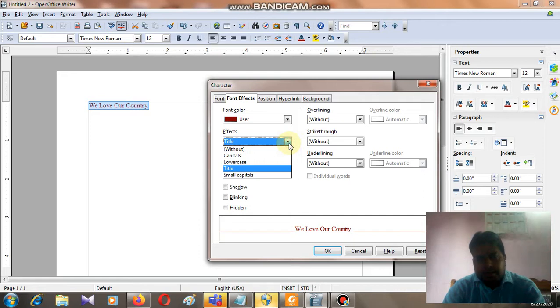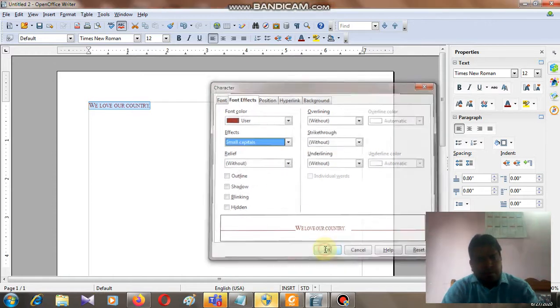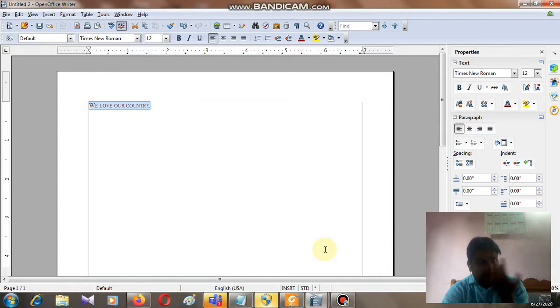Capital means all letters will be in capital, lowercase all letter will be in lowercase, a small capital means look a small capital, how it will look, a small capital, it will look like this. So you can change this one.